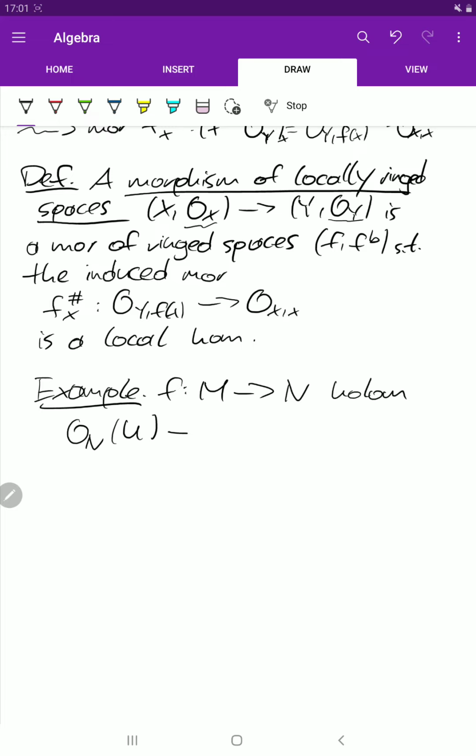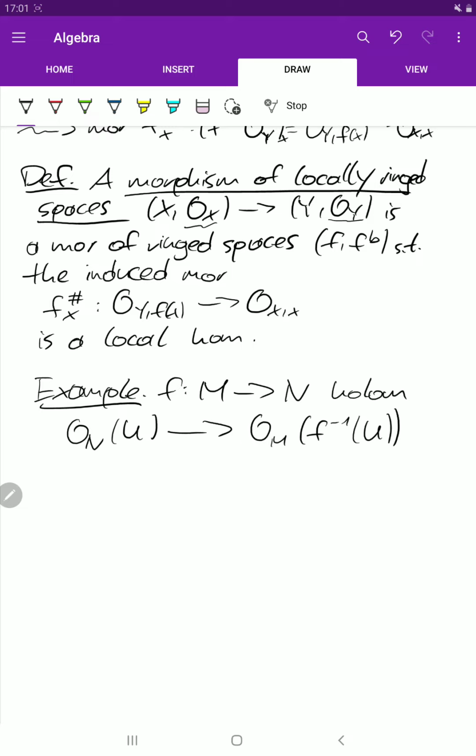And now we want to show that a holomorphic map induces a morphism of locally ringed spaces. So we want a map in the direct image. So direct image is by definition on open sets just this.